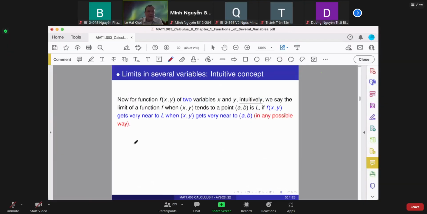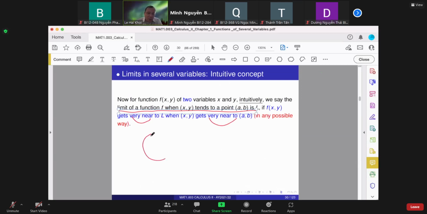For two variables, again the intuitive concept: we say the limit of f(x,y) is L as (x,y) tends to (a,b) means that f(x,y) is very near to L when (x,y) is very near to (a,b), right? But very near in any possible way, which means